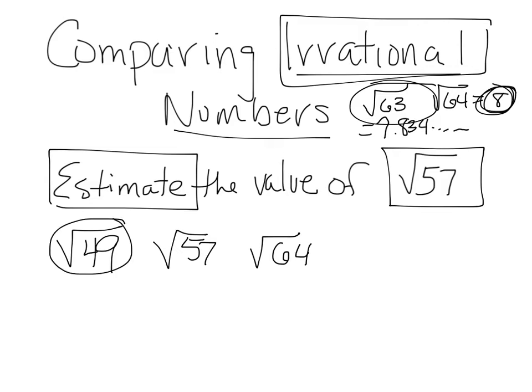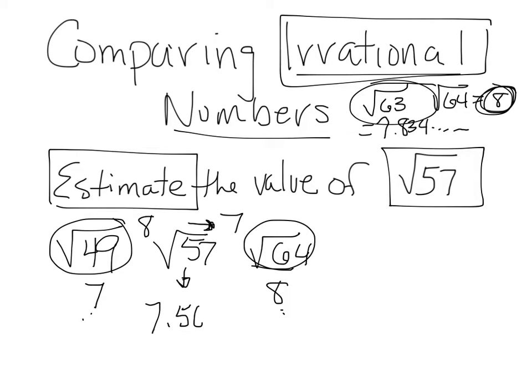Why did I choose the square root of 49? Because that's 7. Why did I choose the square root of 64? Because that's 8. And so I know that the square root of 57 has to be somewhere between 7 and 8. Is it closer to 7 or closer to 8 is my next question. Well, let's see. It takes 49 plus 8 to get to 57, and it takes 57 plus 7 to get to 64, so it's actually a little bit closer to 64 than it is to 49, and so I could really say, well, it's 7.564 or 7.6. Those would be decent